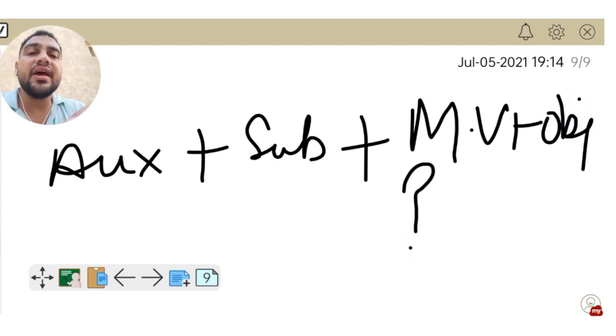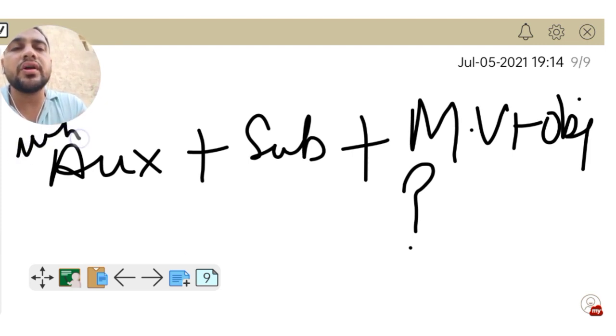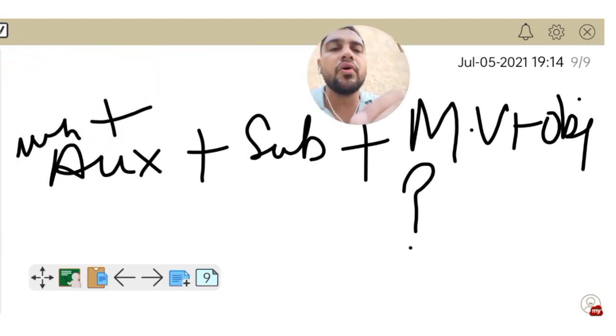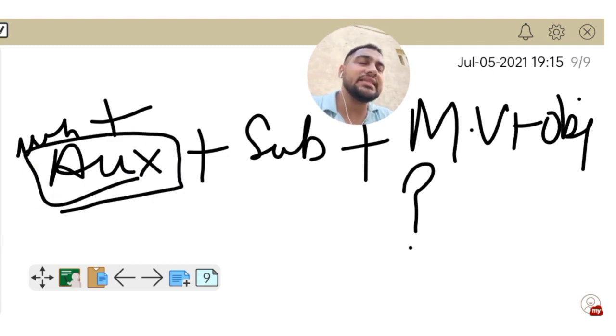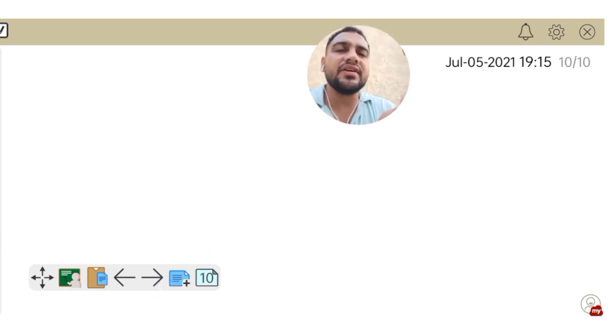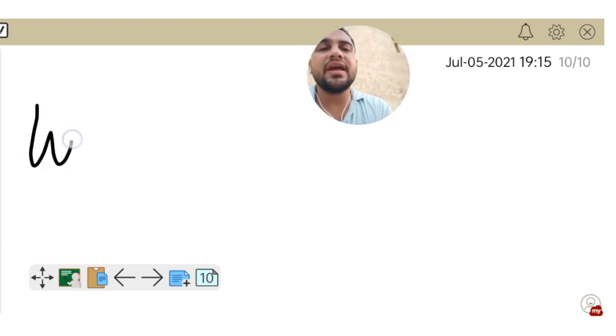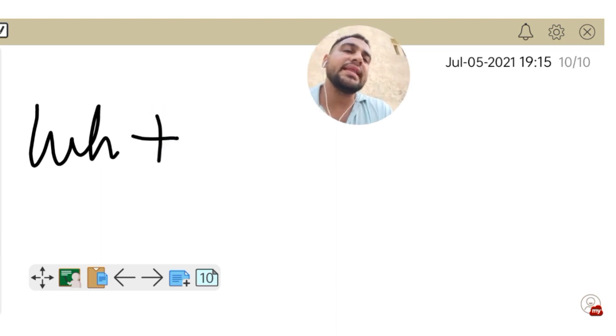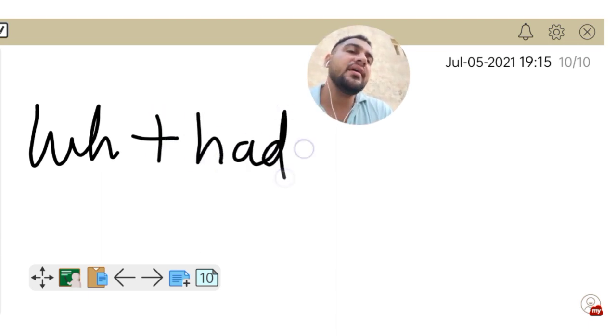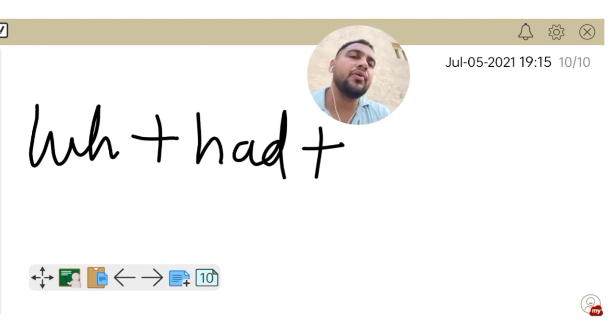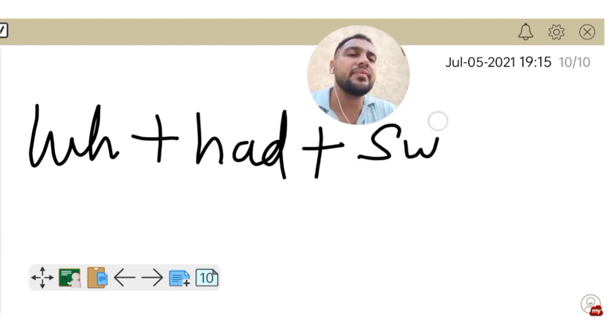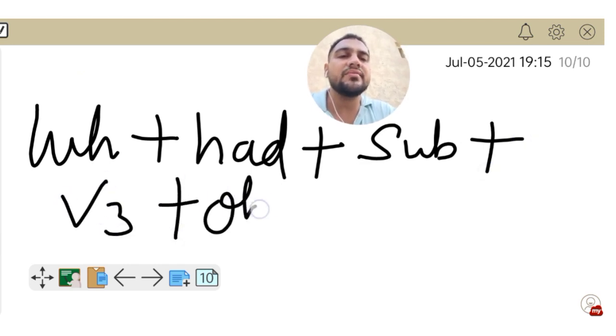Okay, and if we are writing a statement which starts with the WH word, only the WH word has to be placed before the auxiliary verb. In this case it is had. In other cases it depends on what kind of tense we write. Suppose we are writing a statement with a WH word, we simply have to place the WH word before, and then the auxiliary verb is had, and then thereafter the subject can be any, singular or plural, it does not matter. And then comes the main verb, that is the verb's third form, and then comes the object.